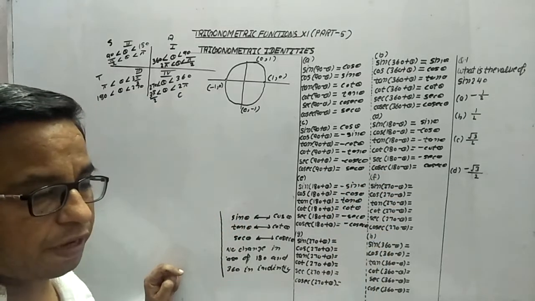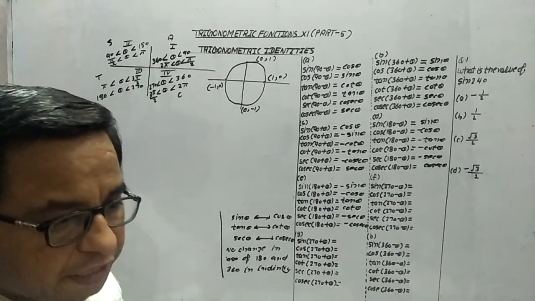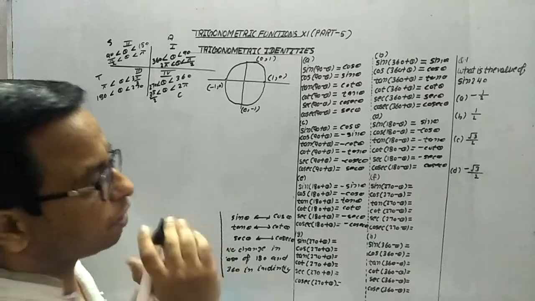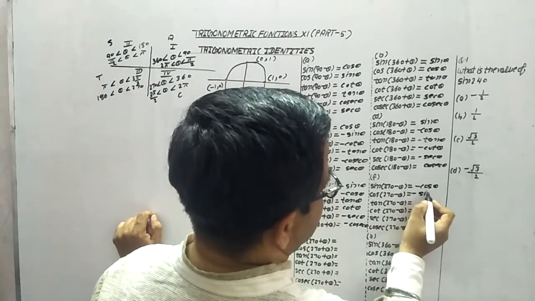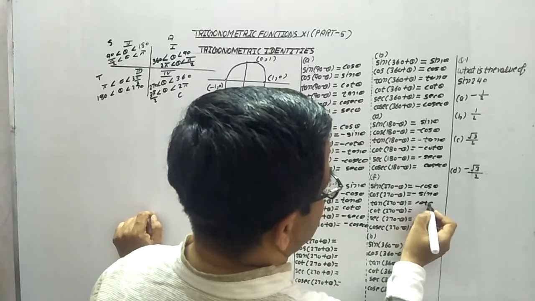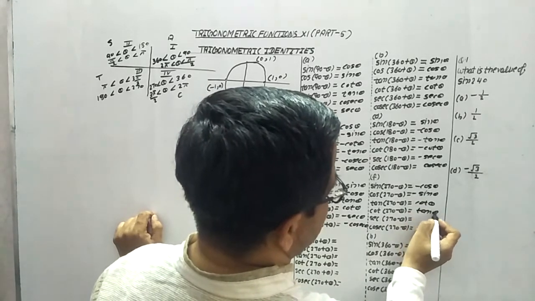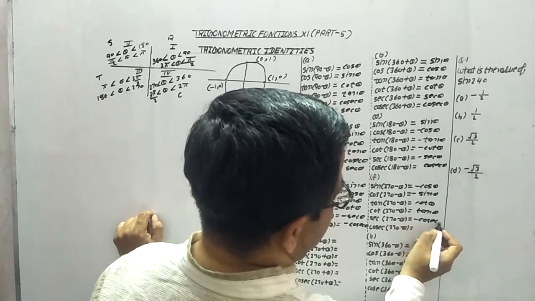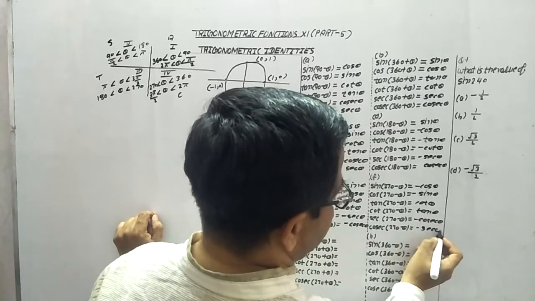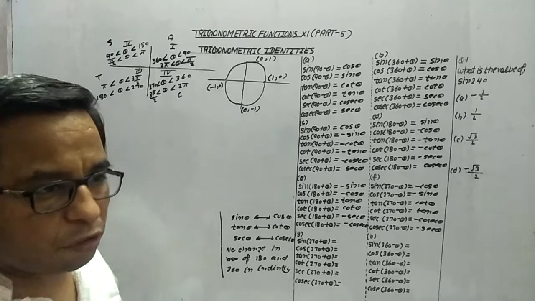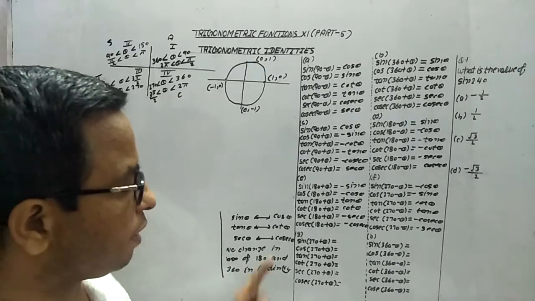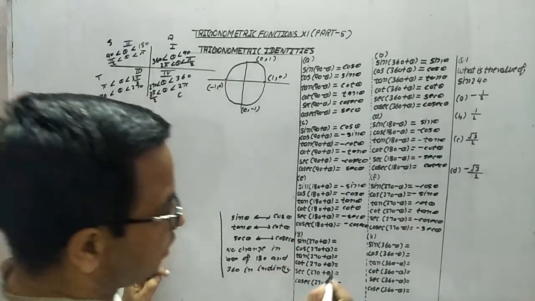Now because of 270 there is change in identity, but tan and cot will create positive result. So this becomes minus cos theta, minus sine theta, cot theta, this is tan theta, this is minus cosec theta, and what is this thing? Minus sec theta. Now in fourth quadrant, cos and sec will give the positive result, rest of all negative, because of 270 change in identity.